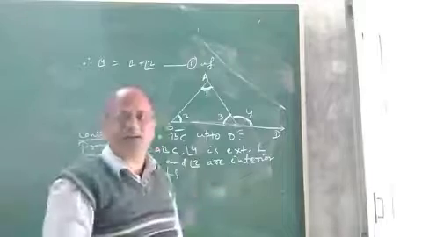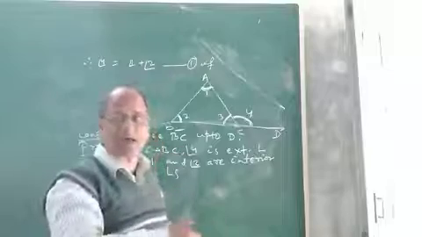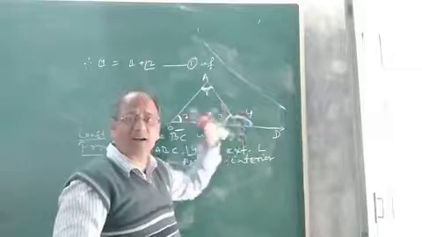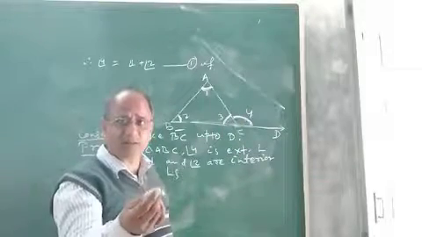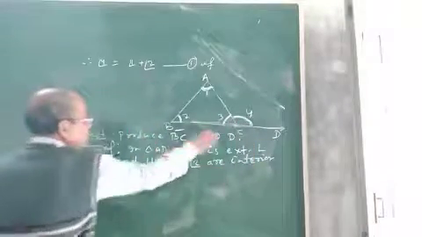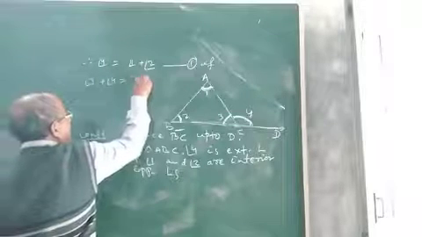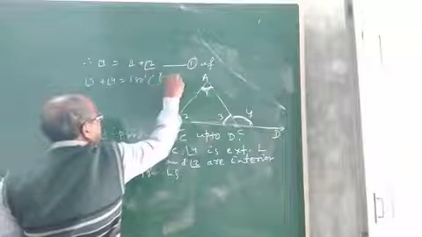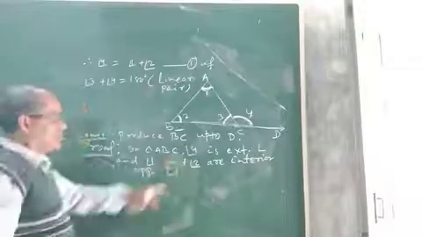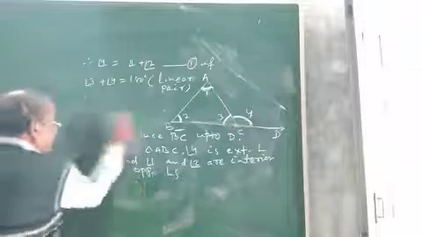You know what is linear pair, adjacent angles? We have already read it in class 6 and also in the chapter properties of triangle in this class, that is class 7. We know the relation between an interior adjacent and its exterior angle: they form a linear pair. So as they form a linear pair, their sum must be 180 degrees. That means angle 3 plus 4 will be equal to 180. Why? The reason is because these two angles form a linear pair. Okay. Then what will be the next step?